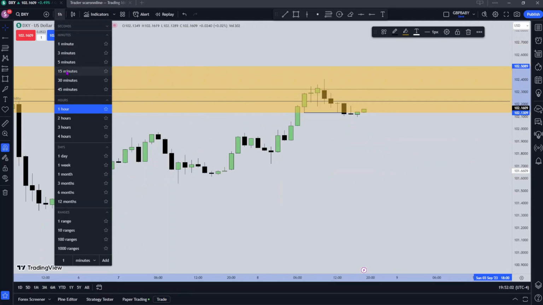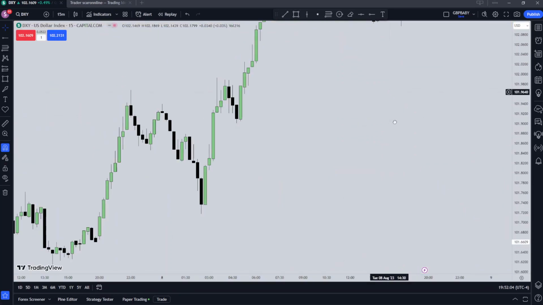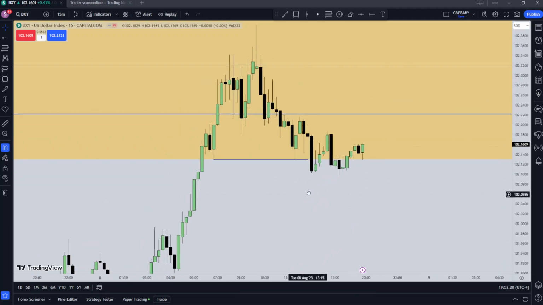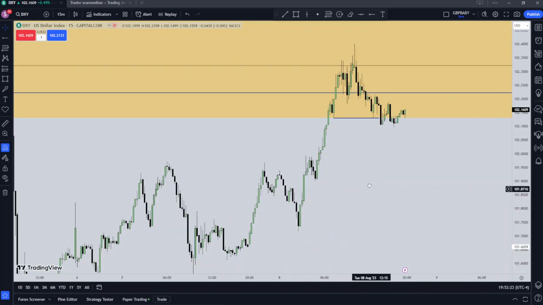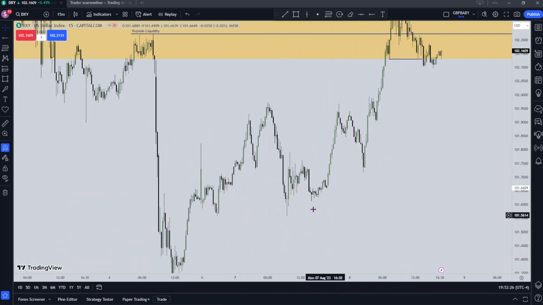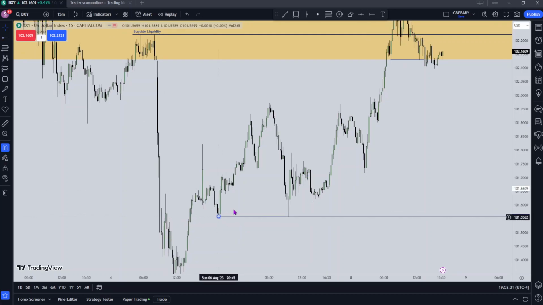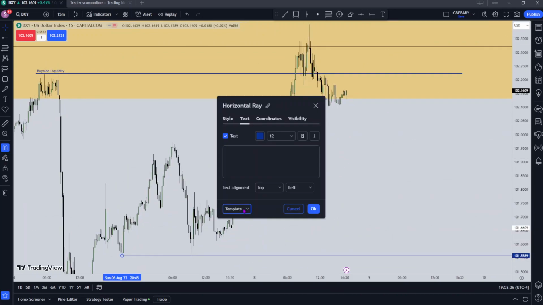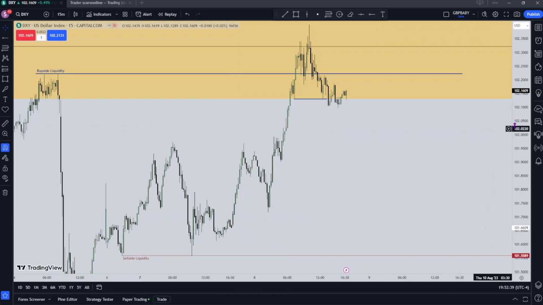If we drop down to the 15-minute, we can see that we had a nice break in market structure. I'll just show you now. So here, this candle, once this closed aggressively below these 2 swing lows here and here, relative equal lows, you can see we're consolidating now, but I want to see us start to expand lower now. But yeah, it's nice to see that we took out that high, moved lower, breaking market structure, and hopefully for the rest of the week, we can start to see lower prices and see us target these relative equal lows resting below here. There we go. So I'll just put sell side liquidity for that, and I want to see if we can start to expand